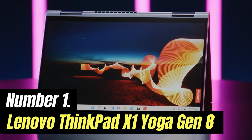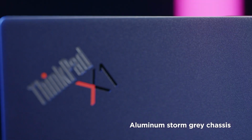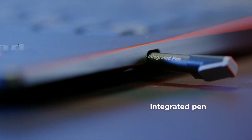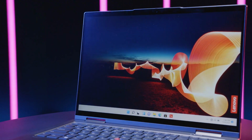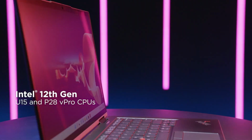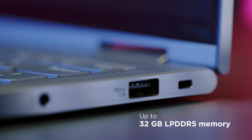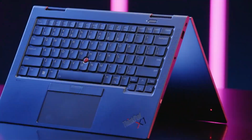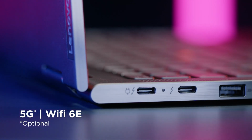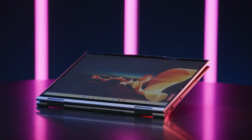Number 1. Lenovo ThinkPad X1 Yoga Gen 8. Lenovo's premium 2-in-1 for the business set, the ThinkPad X1 Yoga Gen 8 boasts a compact and solid design along with excellent battery life and a keyboard that's up to the ThinkPad standard. The 14-inch 16:10 touchscreen offers enough screen space to get work done, while allowing the system to be an easy, thin and light travel mate. It's also small enough that the X1 Yoga doesn't feel unwieldy in tablet mode. And with a runtime that exceeds 12 hours, it will get you through the longest of work days on a